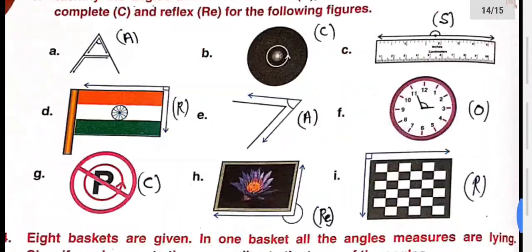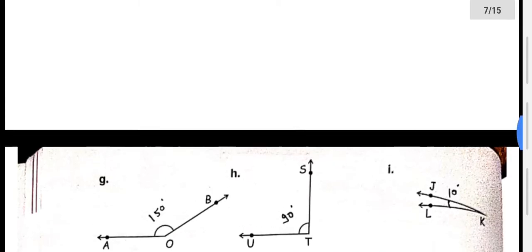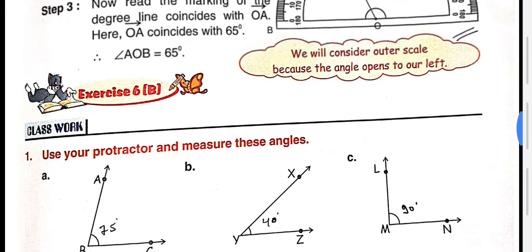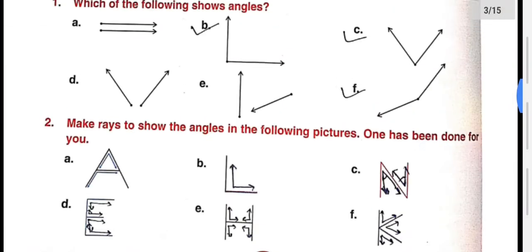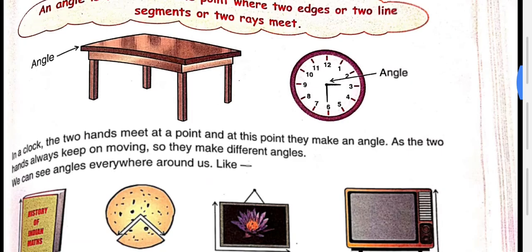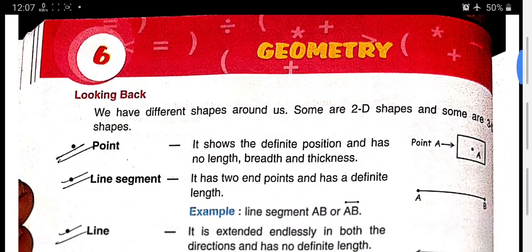So finally I am completing your exercises 6A, 6B and 6C. It is a practice exercise, a geometry one, so you have to practice more and more. Draw the angle with the help of a protractor, measure the angle, and in the next class I will tell you how to measure the angle and how to draw the angle with the help of a protractor. If anyone has any doubt in any question, they can ask me now. In this class I taught you how to measure the angle. In the next class I will tell you how to draw the angle with the help of a protractor. So all of you be ready with your protractor and geometry box. Thank you.